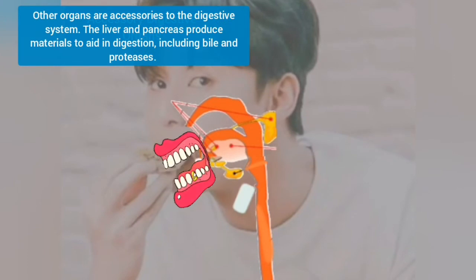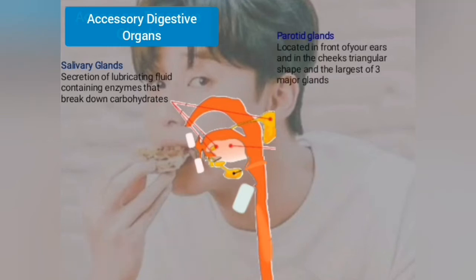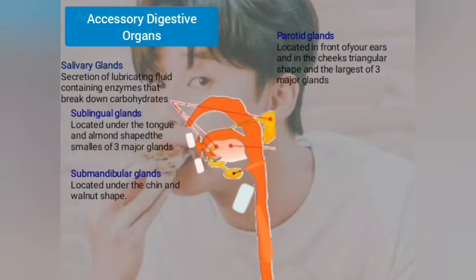Accessory digestive organs include the salivary glands, secreting lubricating fluid containing enzymes that break down carbohydrates. And there are three pairs of major salivary glands: parotid glands located in front of your ears and cheeks, triangular shape, and the largest of the three major glands. Second, submandibular glands located under the chin and walnut shape, and the smallest located under the tongue and almond shape,